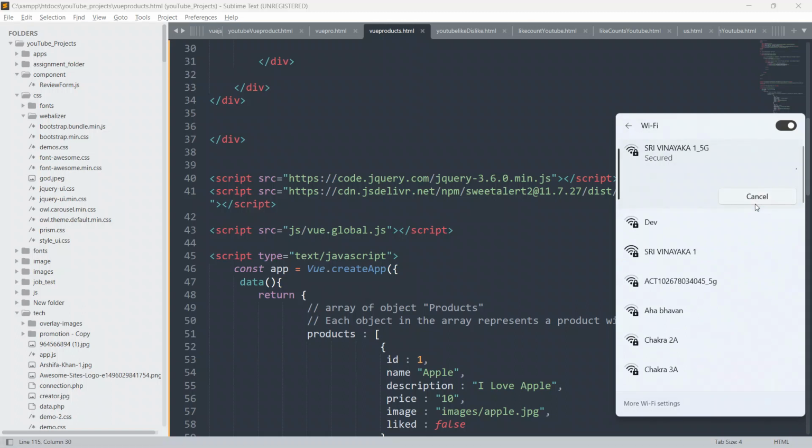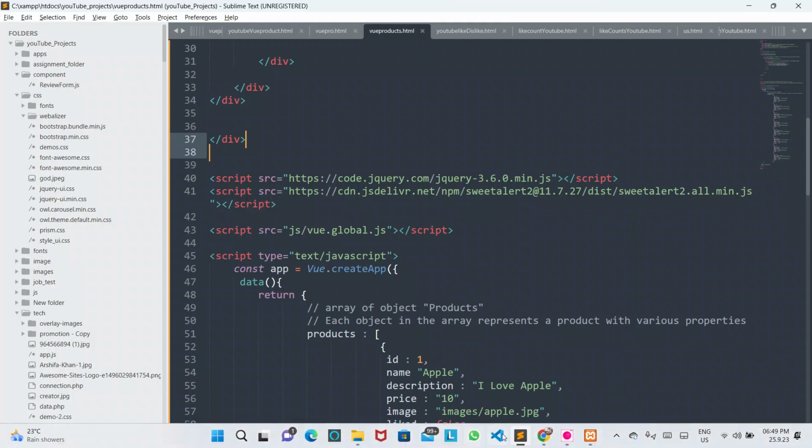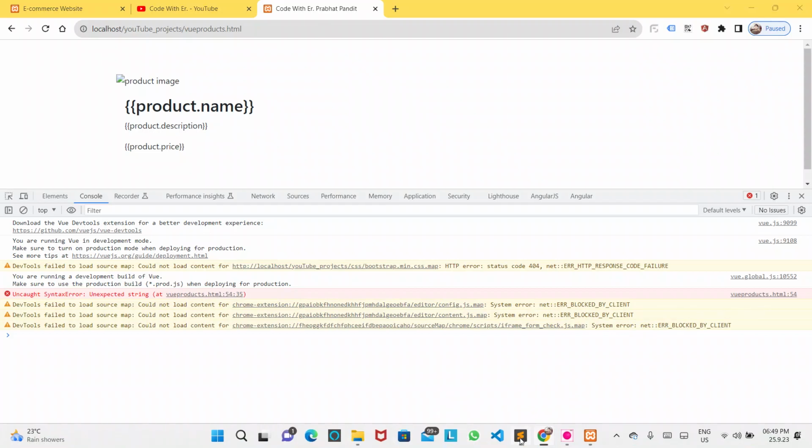Although try to connect and then refresh the page. Yeah, connected. So now just refresh the page and let's see if this changes everything. No, no issue at all. So 5.4.